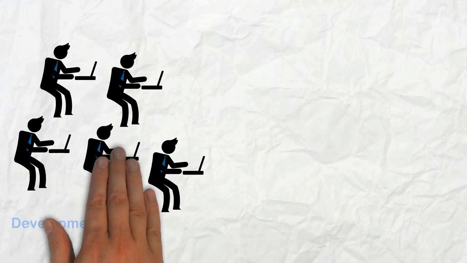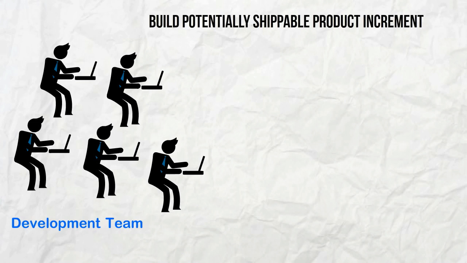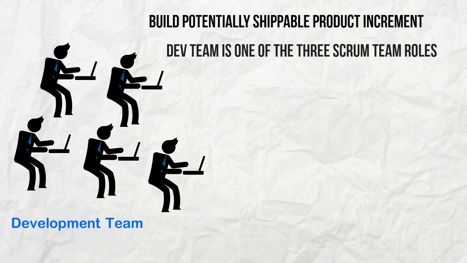The Development Team. The team are responsible for building a potentially shippable product increment in each sprint. Scrum is clear that there are only 3 roles in the Scrum team. It does not go into the specifics of all of the different possible knowledge experts within the development team because the idea is that if push came to shove, team members would collaborate to perform tasks outside of their role